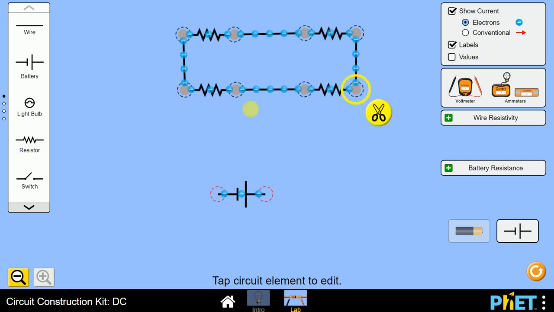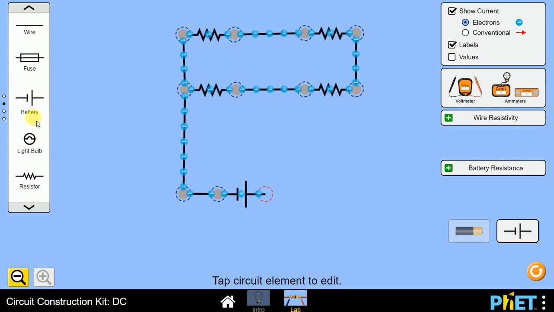Okay, हो गया। अभी क्या करना है? अभी you take the wire over here and join it with the battery, है ना।